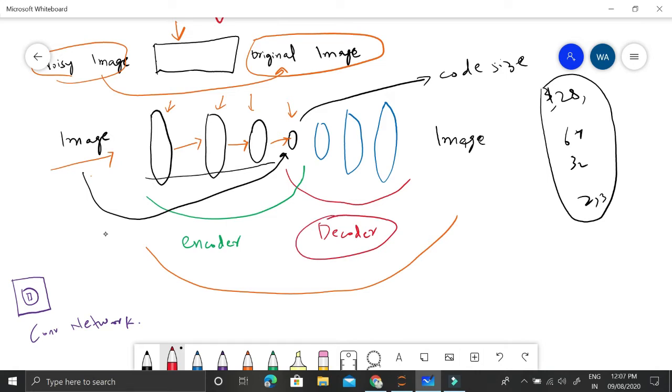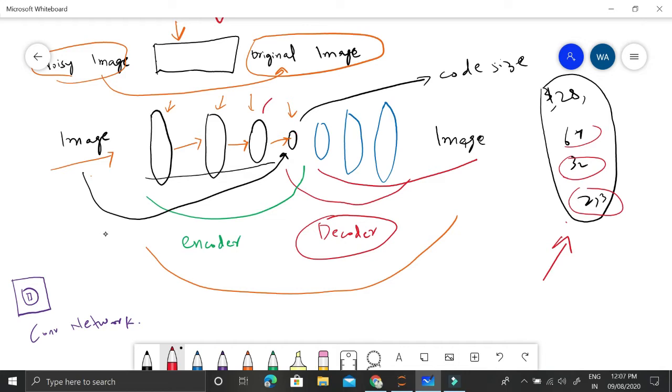So in this decoder, this coded size or this encoded image inside this layer, where we have reduced the dimensions to 2 or 3 or 32 or 64 or any number, we give this as an input, and we again reconstruct the image by reconstructing this architecture in the opposite direction.